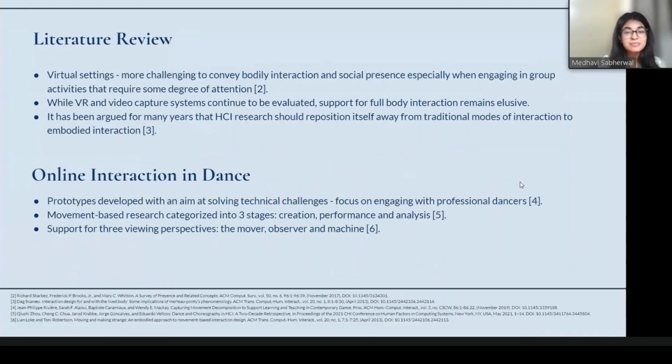It has been argued for many years that SCI research should reposition itself away from traditional modes of interaction to embodied interaction. Previous research has investigated bodily interaction, social presence, and challenges around co-attention and co-orientation in virtual settings. In addition, prototypes have been developed for movement-based interaction to incorporate gesture, body, and head movements. This research offers significant contributions in movement-based research. For this study, we focused on understanding how non-expert users navigate the use of technology in support of dance performance